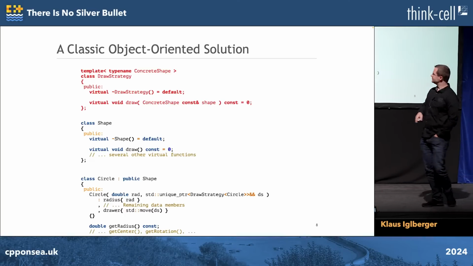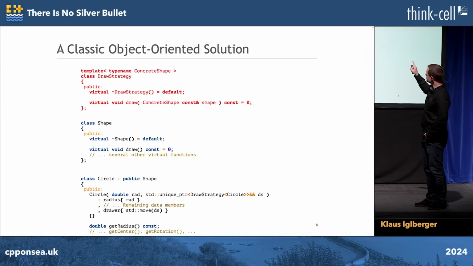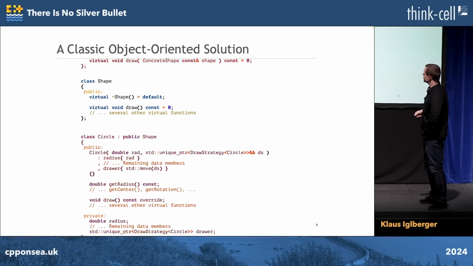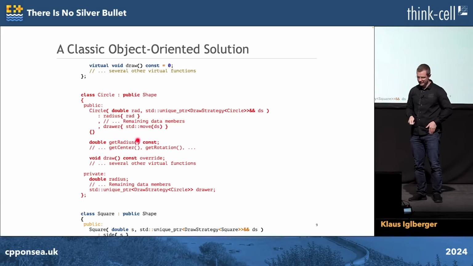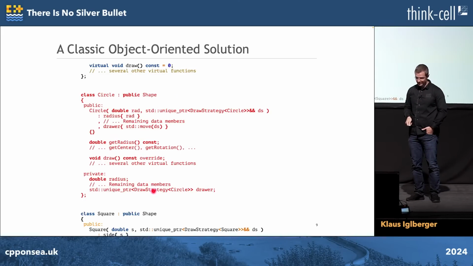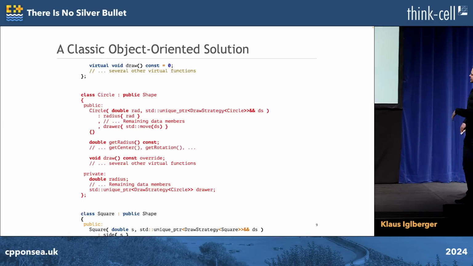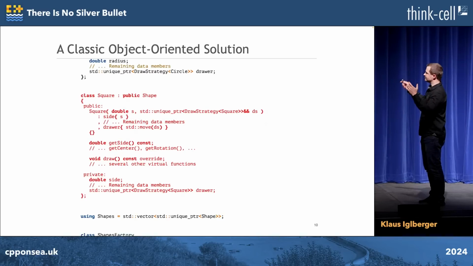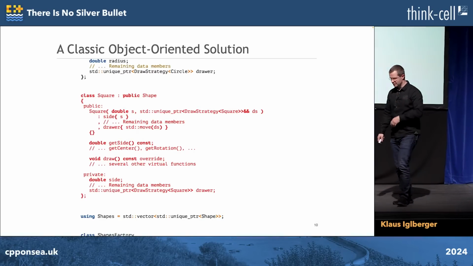So it's a base class again, with a virtual destructor, but also with a pure virtual draw function that allows me to draw a particular shape. In our case, this first will be the circle. So the circle is given this draw strategy, takes ownership, stores it in its data member, and whenever the circle wants to draw itself, it just triggers its strategy. Good, proper design. Now, of course, there's not just circle, there's squares too. A square is pretty much the same thing. And that's just two, because else it would be repetitive.